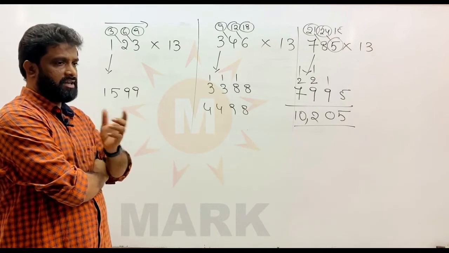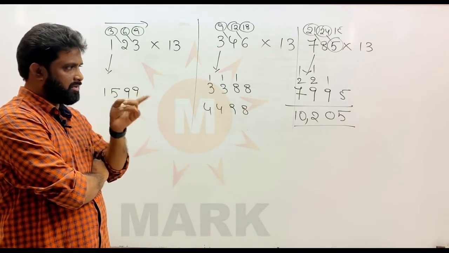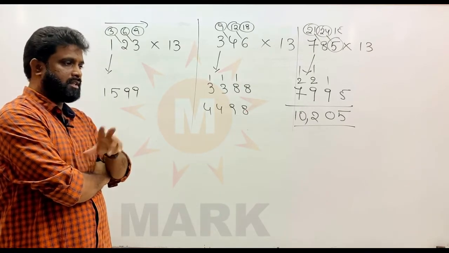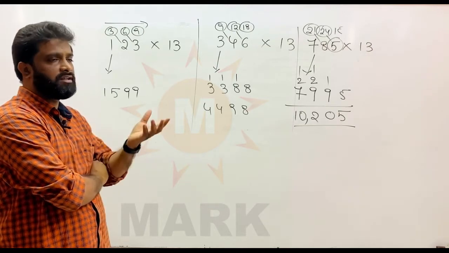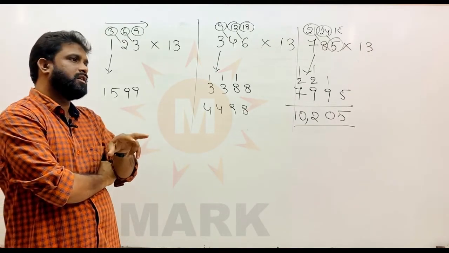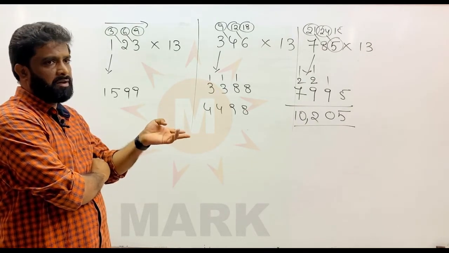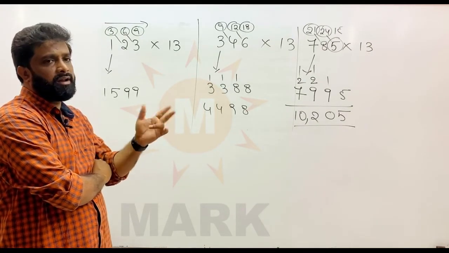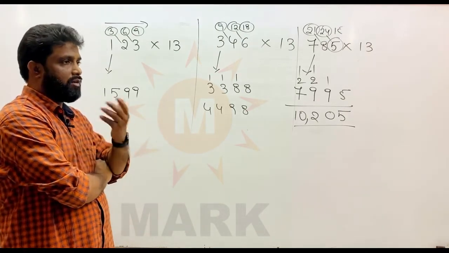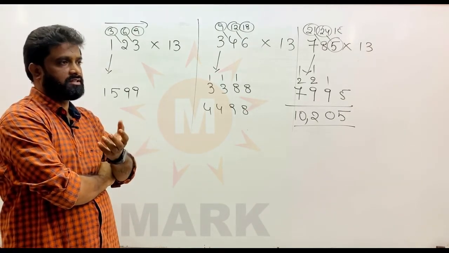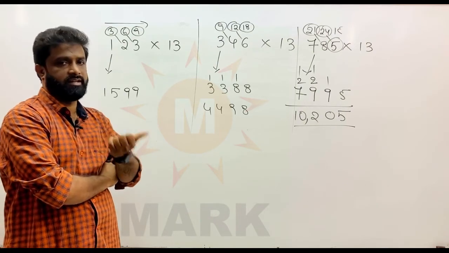So just like the same multiplication with 12. The common thing is operation is from left to right. Second common thing is leftmost number you have to write as it is, because from there only we are starting. After that, if you are multiplying the number with 12, double the number and add it to the next number until last. If it is multiplication with 13, triple the number and add it to the next number. That is the technique here. Okay, so these are the three techniques we have discussed, how to multiply any natural number with 11, 12 and also with 13.